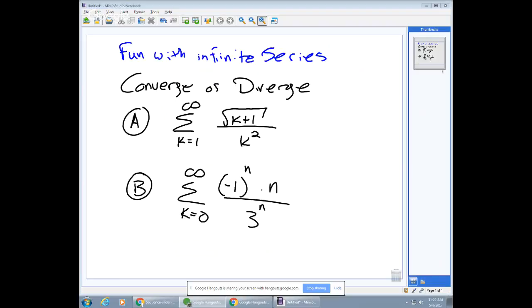Usually I try to get an intuition. Does that converge or diverge? So here I'm thinking, well, if it was just square root of k,